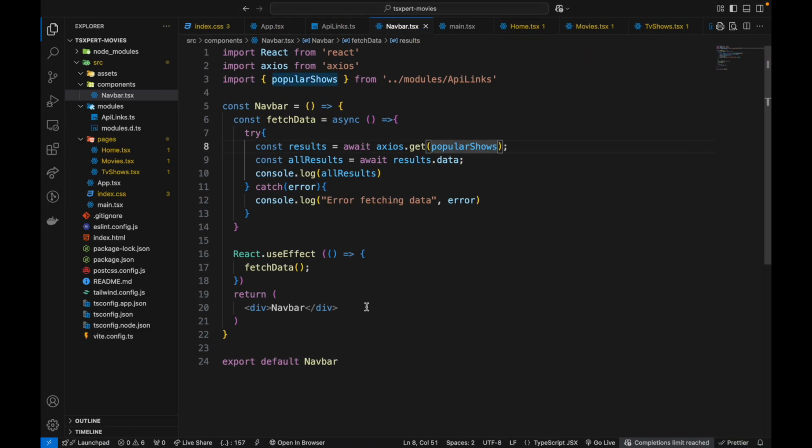That's it for the first part, guys. I will catch you back in the next one, where we are going to create our UI, and then we will display our data to the users. We will actually start off with the navbar first, so we will create the navbar, we'll create the whole page, and yeah, that's enough for